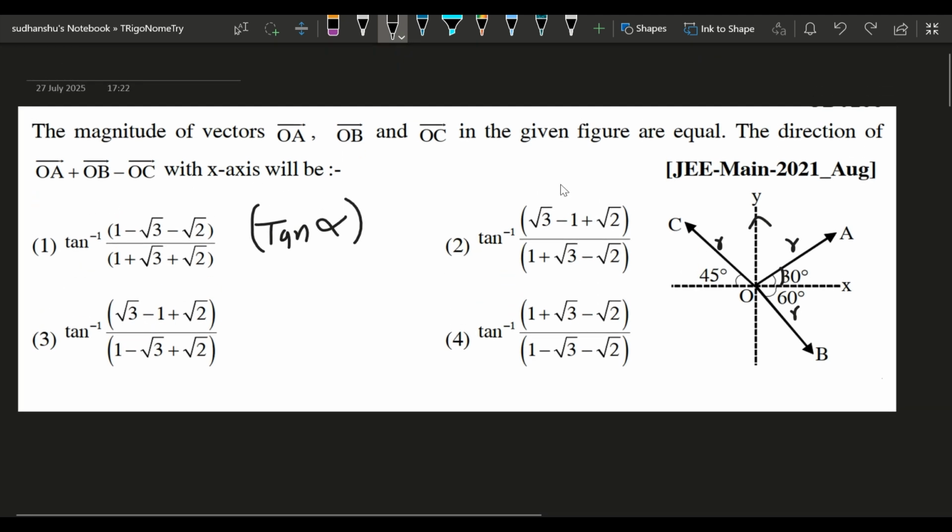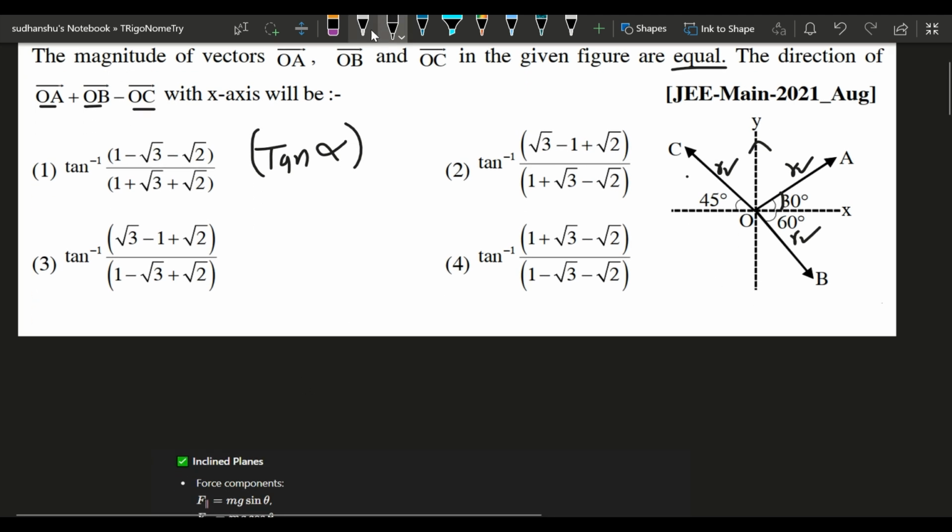बट अगर मैं आपको बोलूं भी इनका मैग्नीट्यूड कुछ भी है, राइट? सो दिस इज ओए प्लस ओबी माइनस ओसी एंड देयर मैग्नीट्यूड आर गिवन इक्वल, तो मैं इसका मैग्नीट्यूड जस्ट आर मान लेता हूँ, राइट? इसका मैग्नीट्यूड मैं आर मान लेता हूँ. दिस इज मी, ओके, दिस वाज नॉट इन द क्वेश्चन, दिस इज मी. मैंने यहाँ पे आर मान ली वैल्यूज, ओके. तो